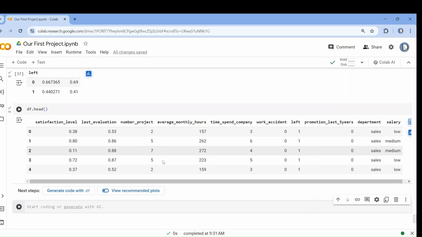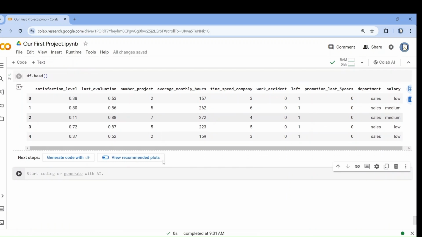Hello everyone, welcome back. So we have completed the EDA part almost. Now we will do one more heat map and then we will start modeling. Okay, now let's do the heat map, using Seaborn, because the heat map is in the Seaborn library. So heat map. Now write df